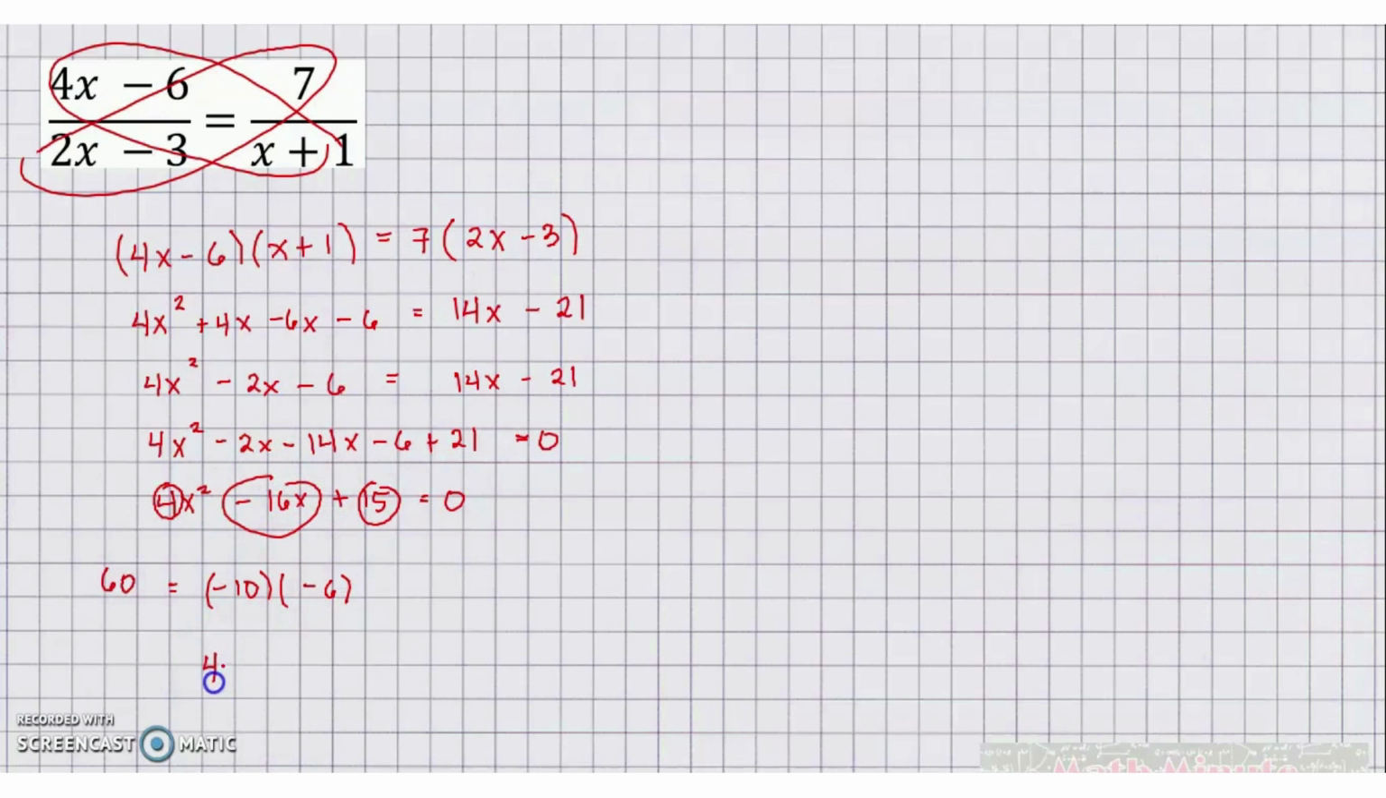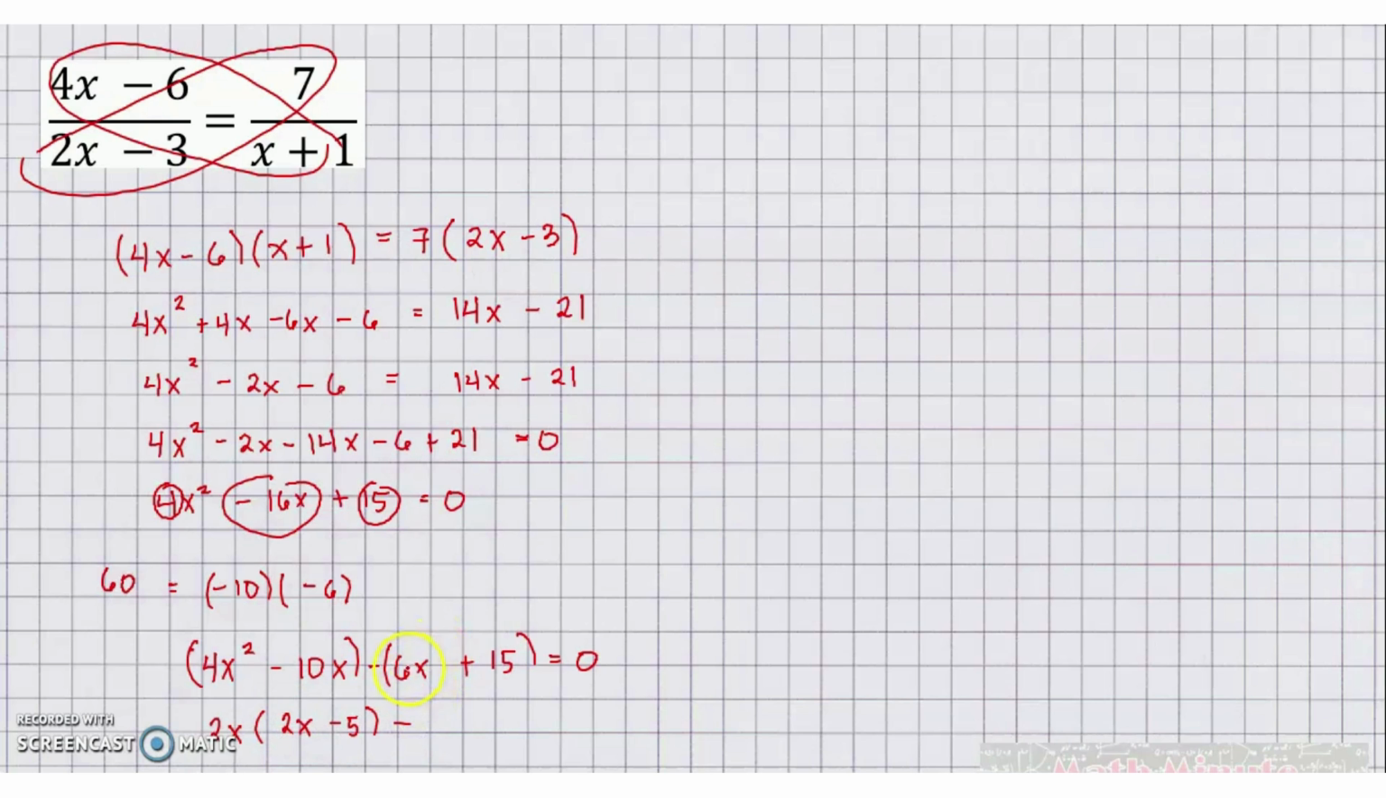So this will be 4x squared minus 10x minus 6x. We just expanded negative 16x plus 15 is equal to 0. Then we will factor this out. So common factors of 4x squared and negative 10x is 2x. What remain inside will be 2x minus 5